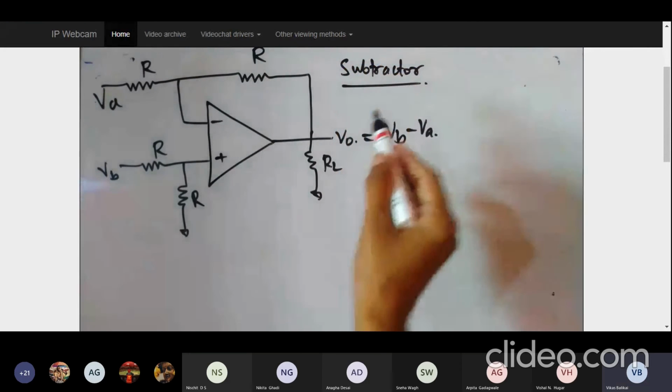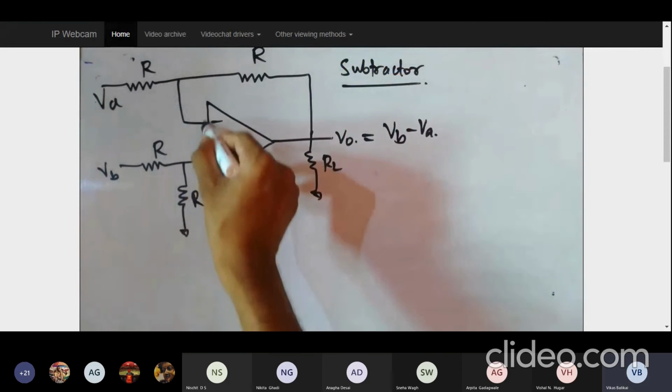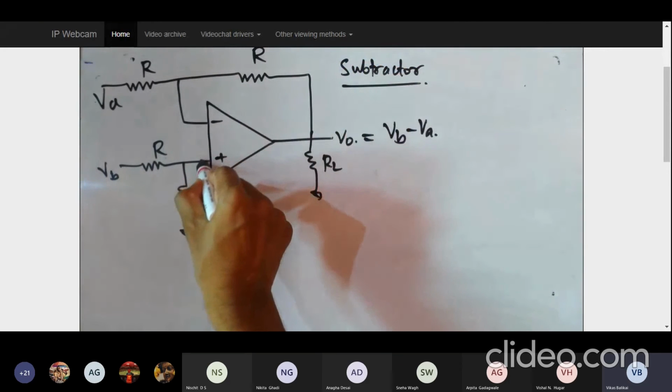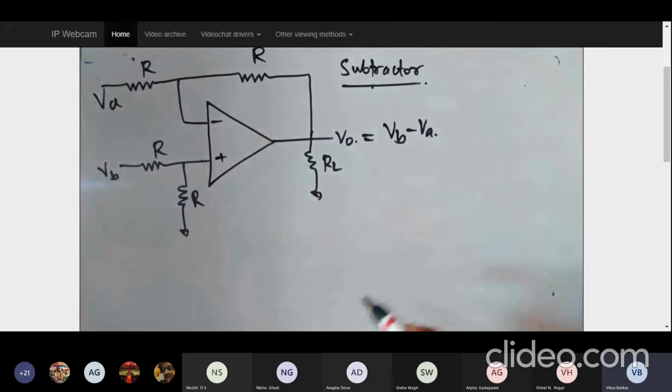Now, because I am using both the inputs, both the inverting as well as non-inverting inputs, this subtractor is a part of a differential configuration. Here, what have we learned now? In the inverting configuration, the three applications are summing, averaging circuit and weighted amplifier. In the non-inverting configuration also, three applications: summing, the weighted amplifier and the averaging circuit.